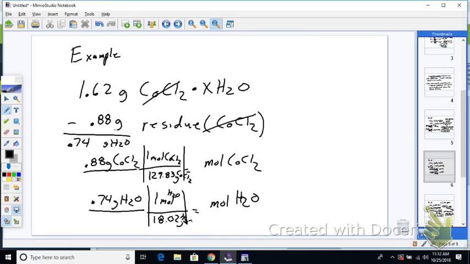I'll take the 0.88 divided by the 129.83. I get 0.006778 moles. And then I'll do the same for water. Now water is always going to be bigger. If it's not bigger, you did something wrong. So it's going to be